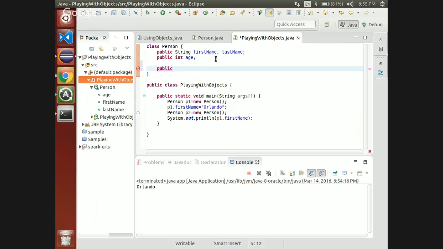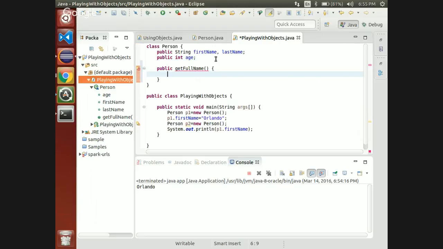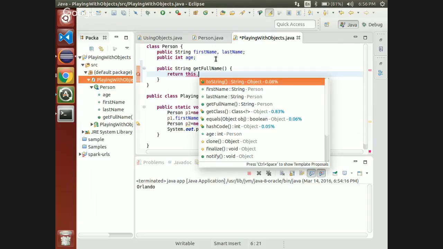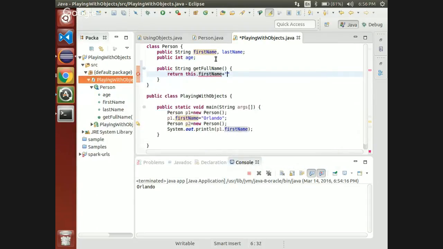For every member, method, or field, we have to put public or private or something like that. For now, we'll put public, and then we'll talk about those things, right? So we are going to have a public method that returns what type is the full name? String, right? Now, we're going to return something. Inside a method, how can we refer to my own fields, right? One way is to do this dot. I can do this dot first name plus